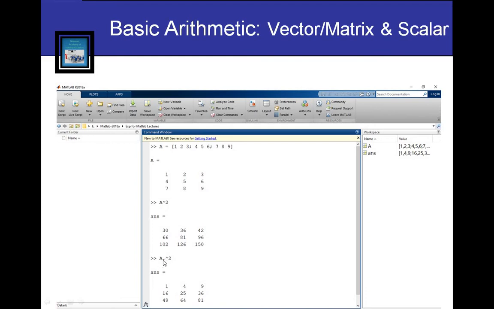But if you put here a dot power 2, then it means you want to get the square of each element of this matrix. So it means 1 square is 1, 2 square is 4, 3 square is 9, and so on. So you can see here the result is different. Okay, by putting dot here, because here a power 2 means a is multiplied by a, and here a dot power 2 means each element of a is going to be squared. Okay,